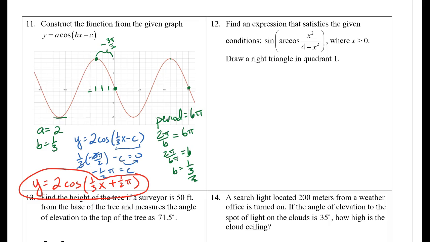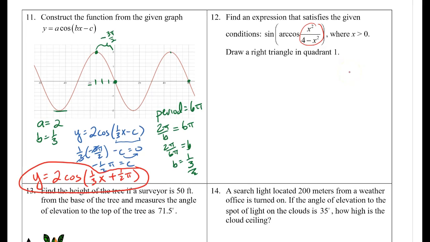12, find an expression that satisfies the given conditions. The sine of the arc cosine of x squared over 4 minus x squared, where x is greater than 0. Draw a triangle in quadrant 1. So we did some of these in class. Remember, arc cosine means find the angle whose ratio of sides is this, and then find the sine of that angle. So basically all we need to do is set up a triangle similar to the way we did earlier, in quadrant 1,